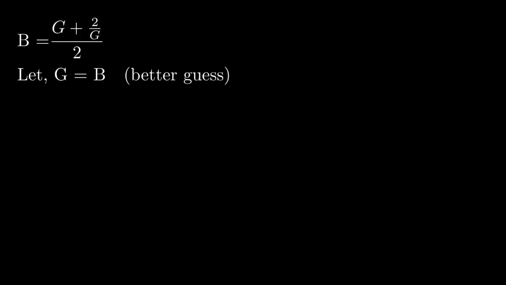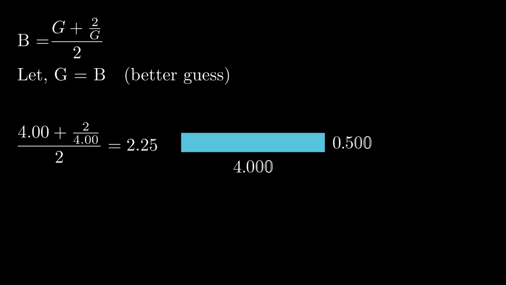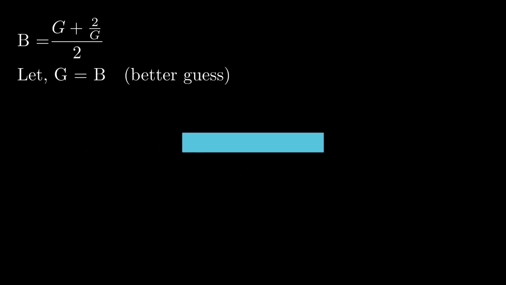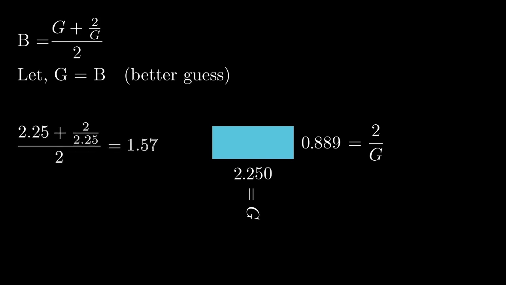To answer, let us consider a rectangle with an area equal to 2. If we let one side be a rational number g, then the other side becomes 2 by g as their product equals 2. Now the first key point is that g can never be equal to the other side 2 by g, because in that case the rectangle will form a square with equal lengths, or to say g will equal 2 by g, or g squared will equal 2, which is impossible as we know the square root